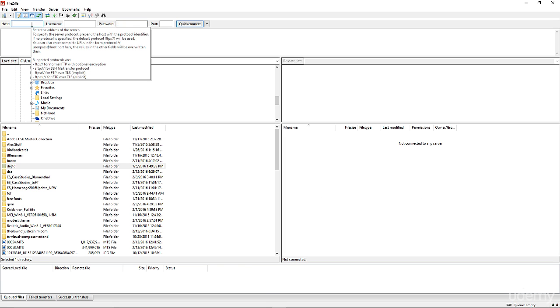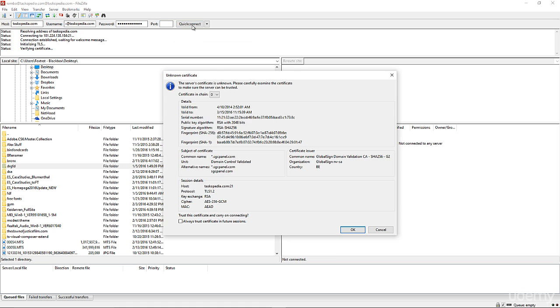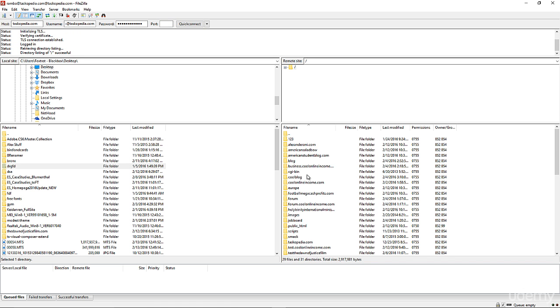For the host, I can simply type in the full URL of my website, which is tascopedia.com this time around. My username is going to be Rambo at tascopedia.com, and I'm going to add my password. Now, the usual port for FTP is port 21. You can choose to edit, but by default it will choose 21, so you don't have to type the number there. So I'm going to click on Quick Connect, click on OK here, and boom, I now have access